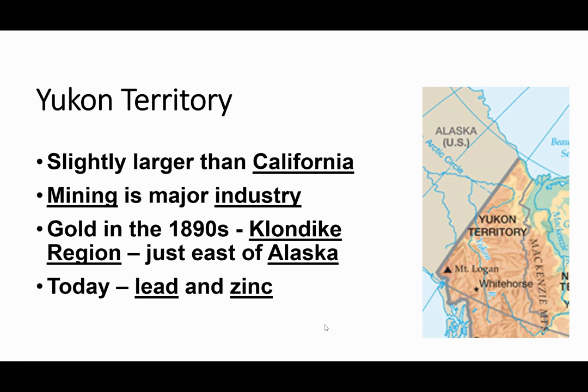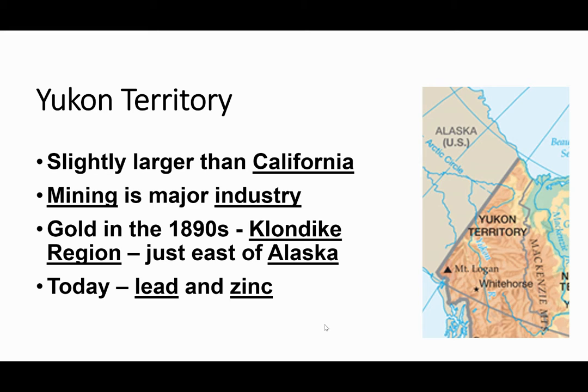There's a neat story here about a young man who had tried to find gold in California, and then later on in life, he decided he would try this Klondike region. He went up there and, well, he didn't strike it rich in the Klondike either. But one of the things that he did do was he came in contact with dogs and learned to use dogs in the Yukon Territory.